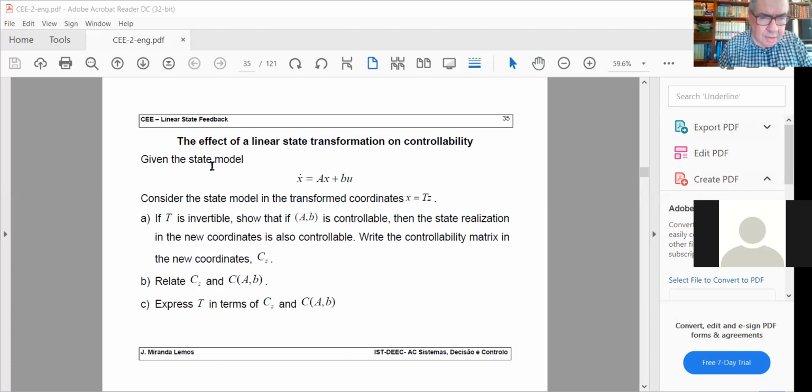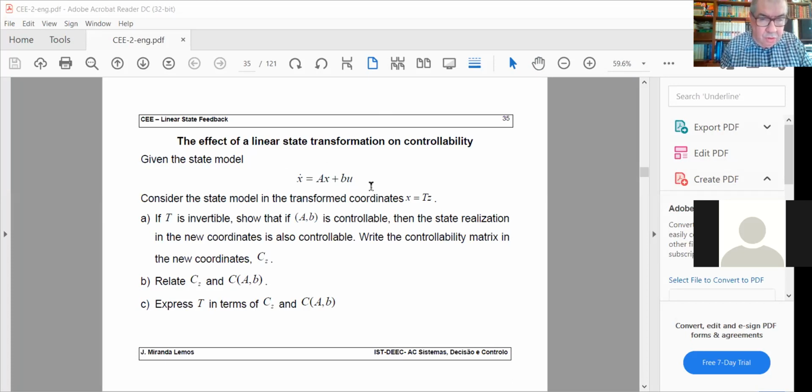This is the 9th lecture of CEE, Controle em Espaço de Estados. And we were speaking about a chapter on controller design, state feedback controller design for linear systems. And we introduced the concept of controllability. And the last thing we did was to show that